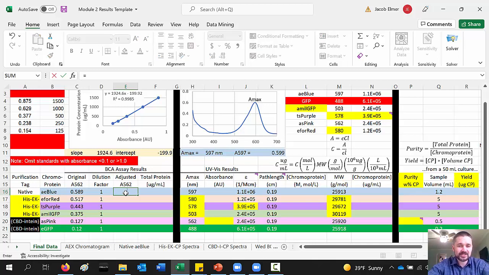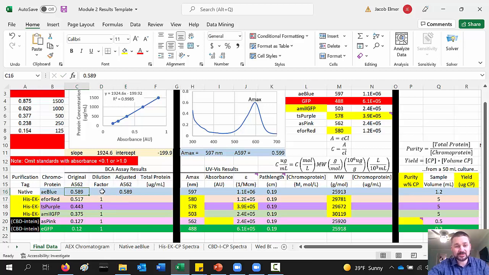You always want to adjust your A562 by multiplying by that dilution factor. So just in case you had diluted it by 5-fold, you would multiply that original A562 by 5. But here, it's nothing exciting. They were all dilution factors of 1. Okay? So now we have our adjusted A562, and we can use our standard curve equation to convert those absorbances